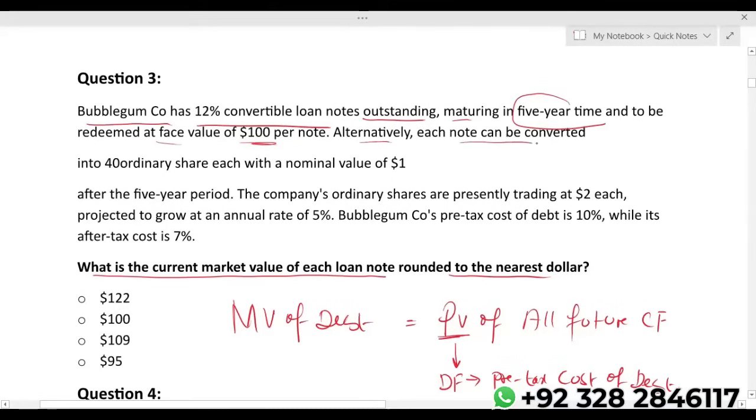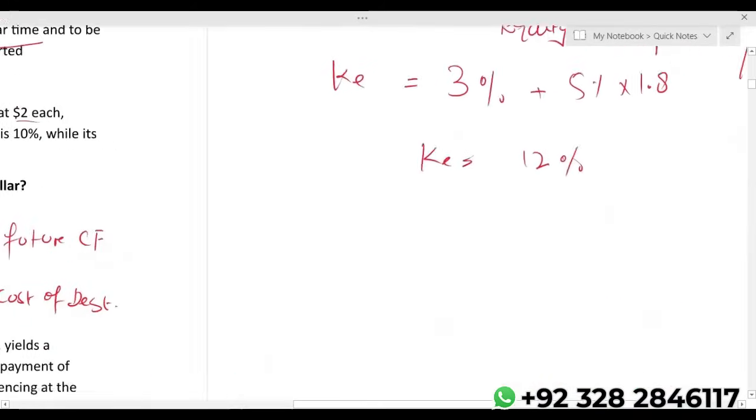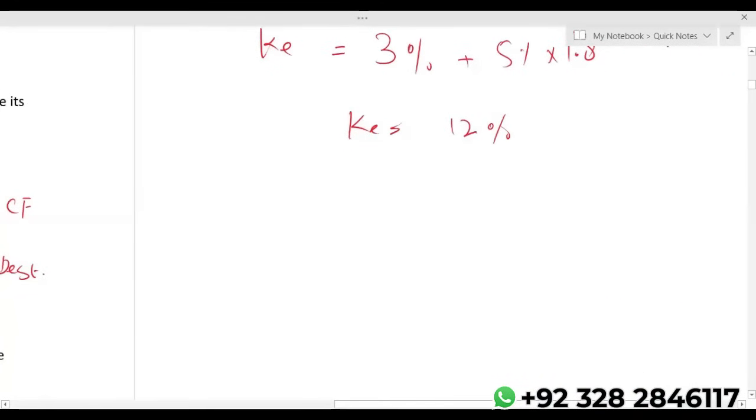Alternatively, each loan note can be converted into 40 ordinary shares, each with a nominal value, par value, of $1. After the 5-year period, the company's ordinary shares are presently trading at 2. Right now, one share is having a value of 2, projected to grow at an annual rate of 5%. It means if we calculate the value of 40 shares in 5 years time,